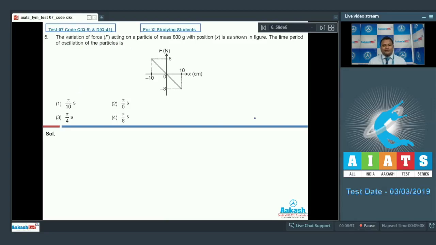Now from the graph we can say that this is a straight line, and we know very well the equation of a straight line is given by y equals minus mx. Now the axes are force and displacement or position x. So in place of y we use F equals, what will be the slope? Perpendicular upon base, that is 8 divided by 0.1, this is in centimeter. We are supposed to write in the SI system because answers are in seconds. So that's why minus 8 upon 0.1